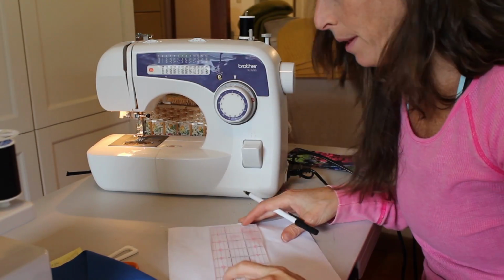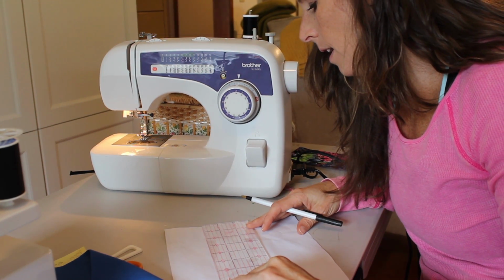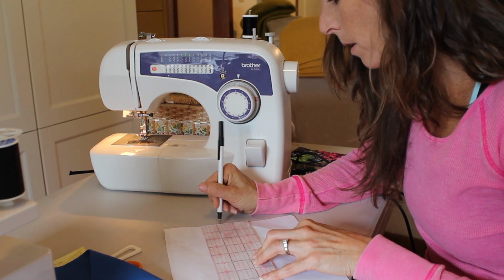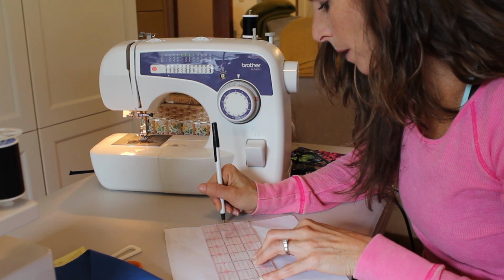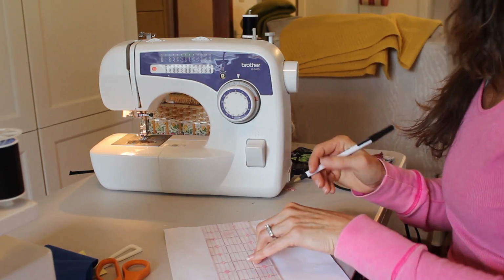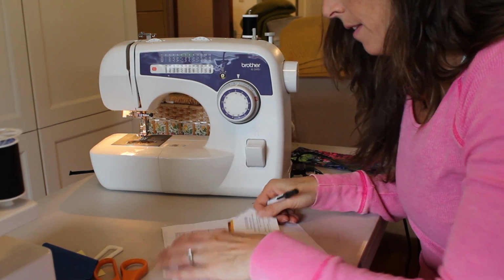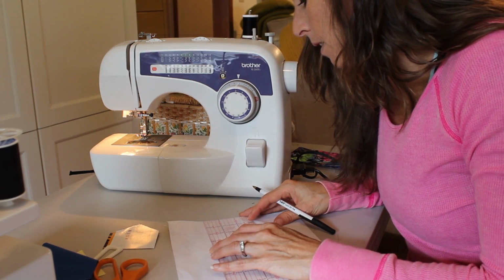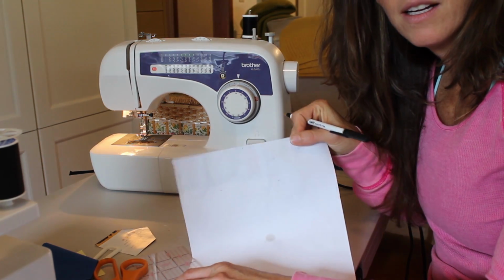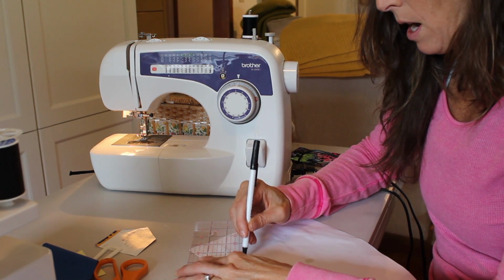Okay, so here's how I made my template. I got my acrylic ruler, which is 3 inches wide, and I just kind of slid this down, marked the middle, so the middle is right here, and then I went down, I can't even remember. I just did whatever I could figure out to work. And then I went down 2 inches, so I marked the middle, measured down 2 inches right here, like this. And then from those dots, just draw